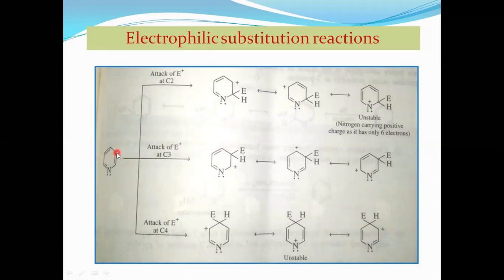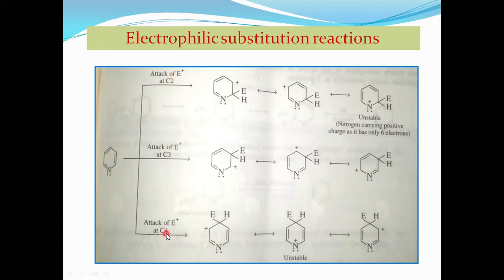So we get the product with the electrophile bonded to the C3 position, because the C3 attack will give a more resonance stabilized intermediate. So we can compare the stability of the intermediate formed as a result of the attack at C2, C3